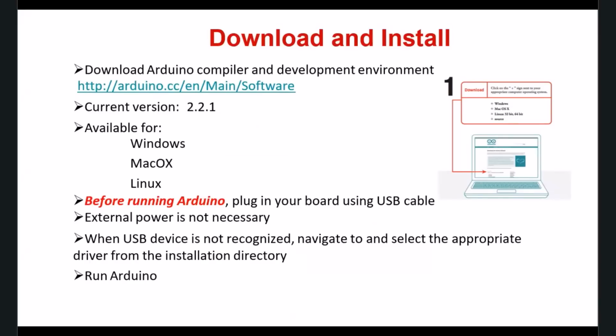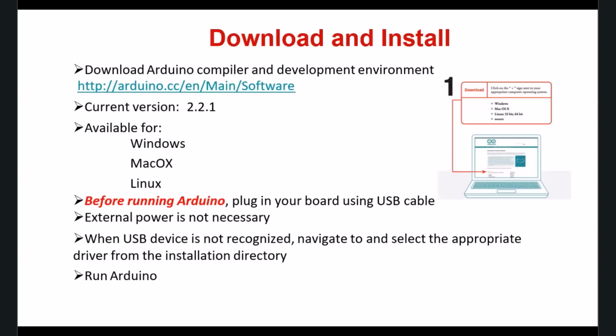These steps are: we can download the Arduino compiler and the development environment, the Arduino IDE, from the link given here, that is arduino.cc/en/main/software. Or simply you can visit Google and type Arduino IDE, and the first link that appears will be arduino.cc. The current version available on the Arduino website is 2.2.1, and the Arduino is available for Windows,